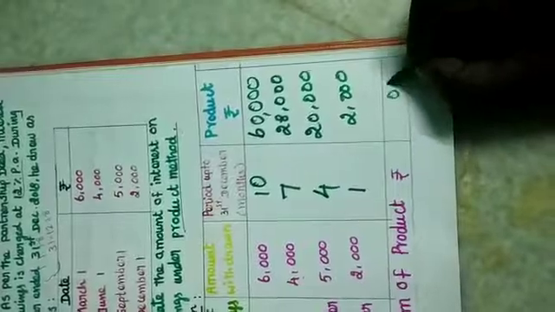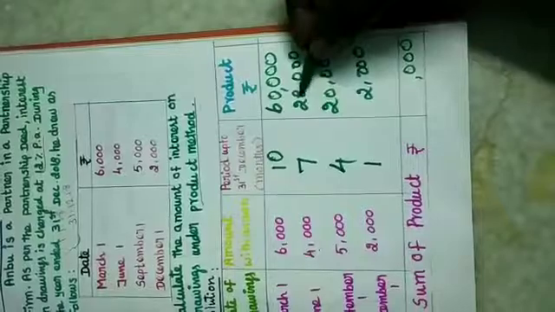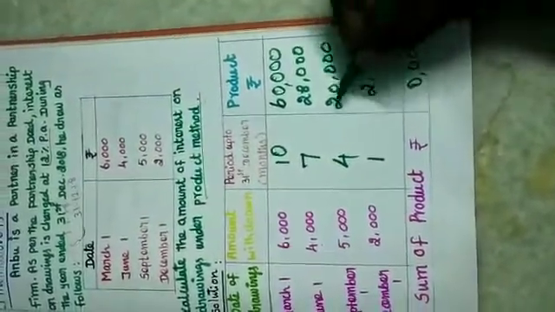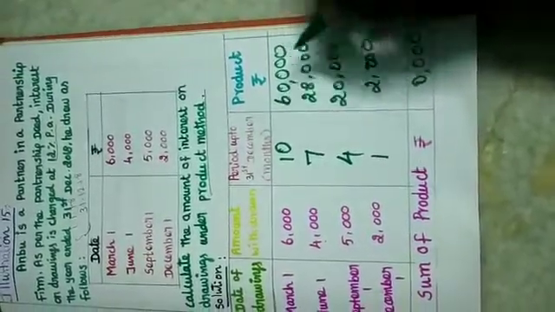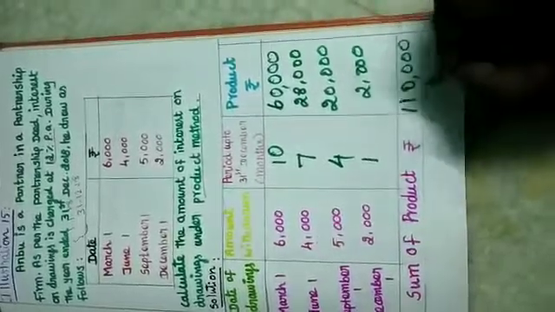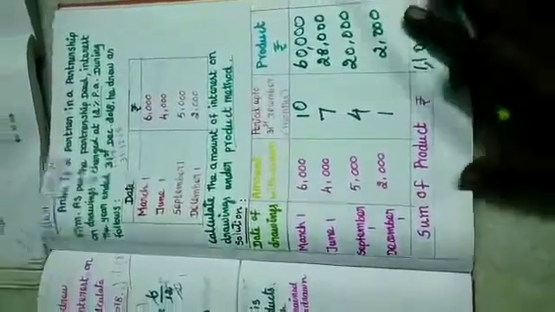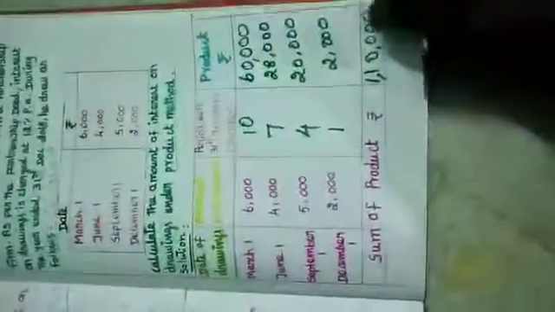000. Then in the fourth position we see 2 plus 8, 10, so 0 is placed here. Then in the fifth position, 1 carried, 1 plus 2, 3, 3 plus 2, 5, 5 plus 6, 11. So 1,10,000. The sum of products is 1,10,000. So we can calculate the interest on drawings. Interest on drawings is equal to sum of products into rate of interest into 1 by 12. The sum of products is 1,10,000, the same value is placed here.